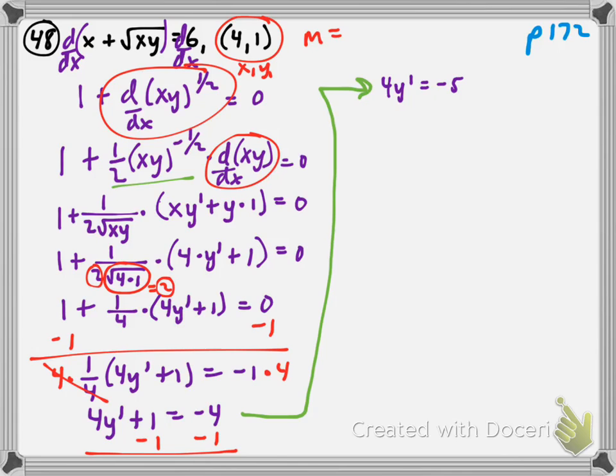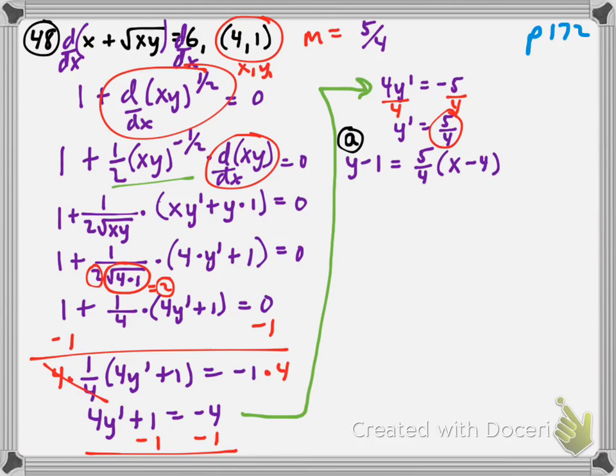I have this feeling that I've made a mistake somewhere along the way. Normally it doesn't work out to be a fraction like this, ugly fraction, but nevertheless I'm going to go with it, and then I'll check it out later. 5/4 is our slope, so therefore the equation of the tangent line is y minus 1, so this is part A. Okay, y minus 1 is equal to the slope of the tangent line, 5/4 multiplied by x minus 4. Okay, so we have the point 4, 1, we have the slope of the tangent line right there. Slope of tangent line is 5/4, and so that's our equation of the tangent line, and I've got 45 seconds